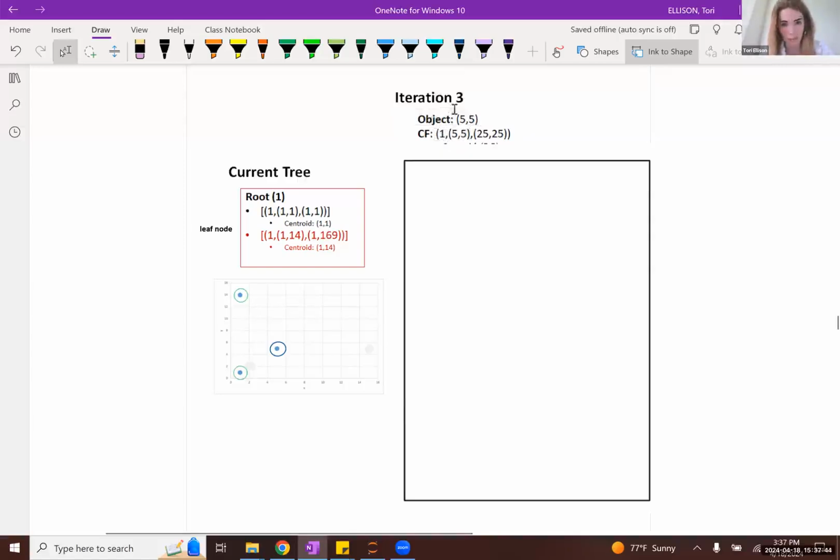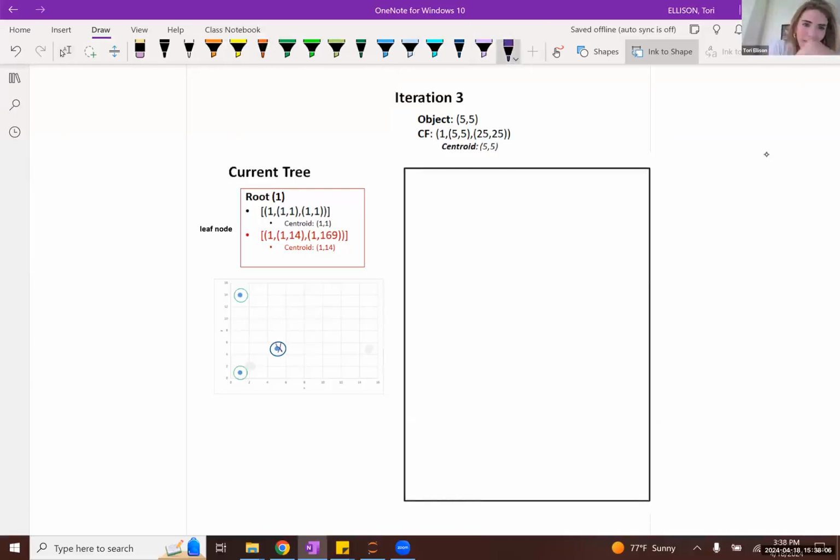The linear sum of the observations in this cluster is simply the point itself, and the squared sum is simply the square of the point itself. The centroid of this incoming subcluster is simply the point itself. And what we know at the moment is that there are 2 subclusters represented in the root node, or the only leaf node, of our tree.